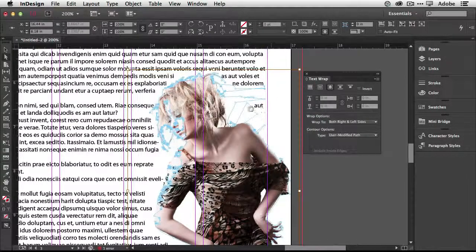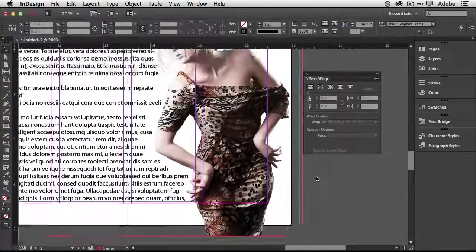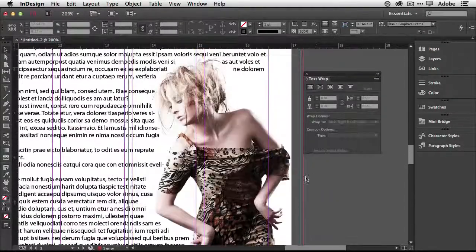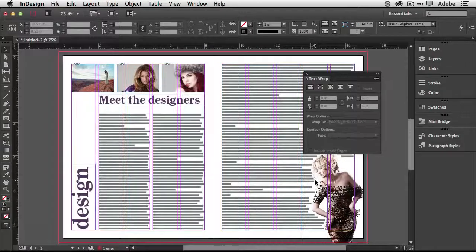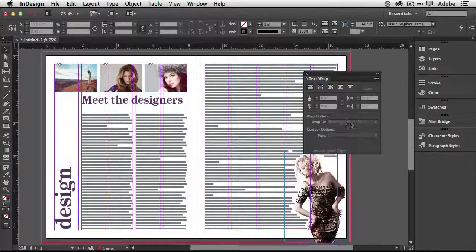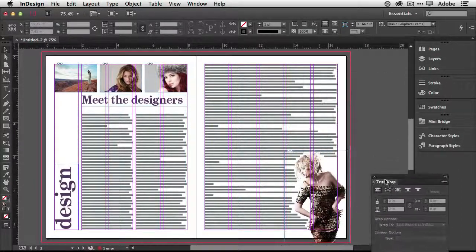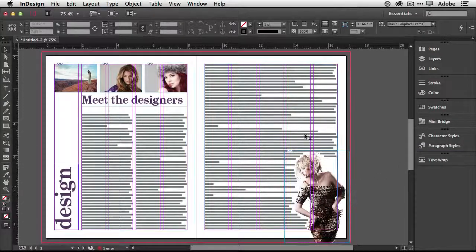There's one more that snuck down here. Let's get that one out of here too. There we go. So now we've got our text around her, but not coming in to interfere with her to the point where it would make it hard to read. Okay, great. Now, of course, like I said, that's going to create more of a text overset problem,